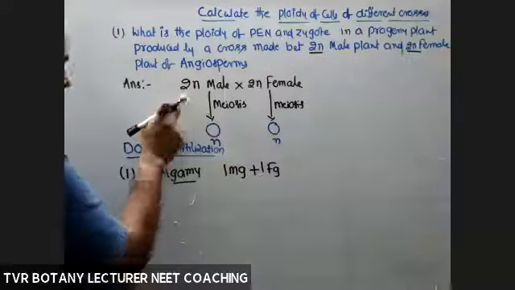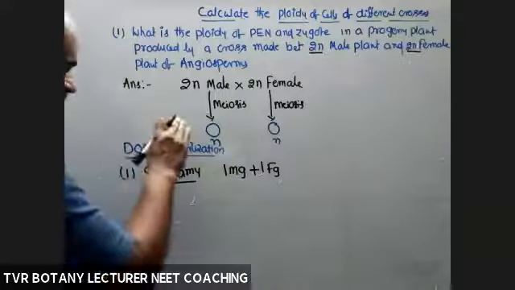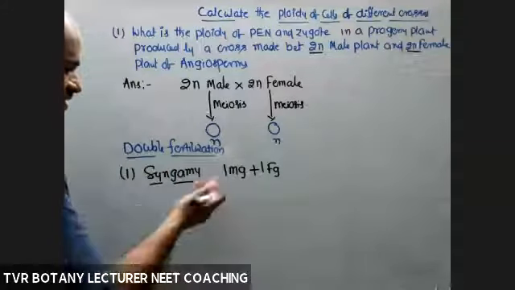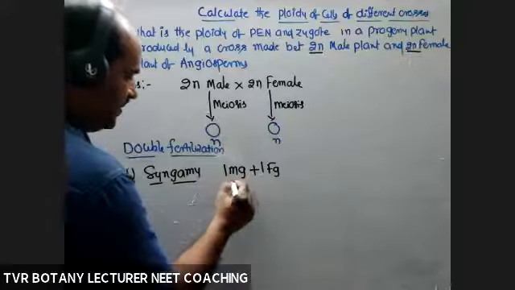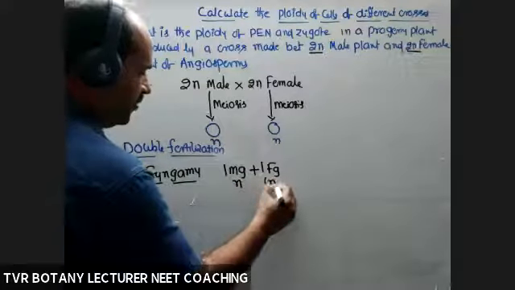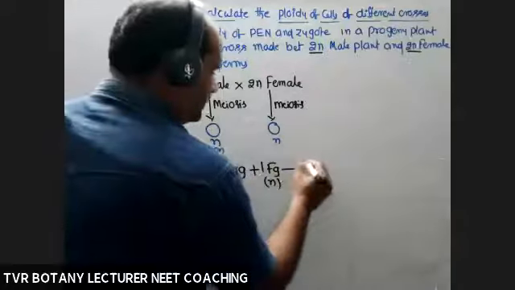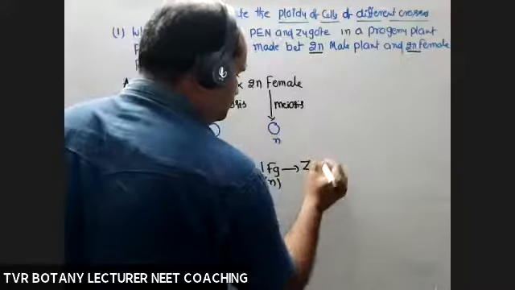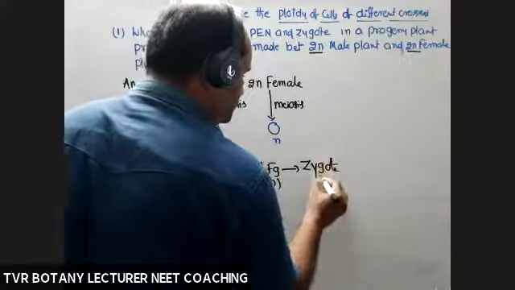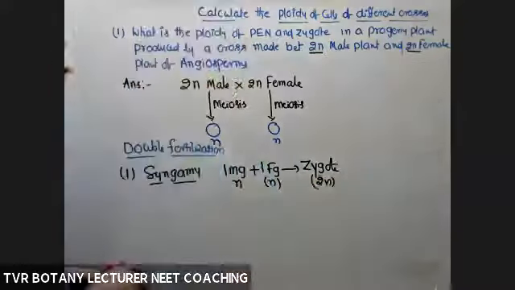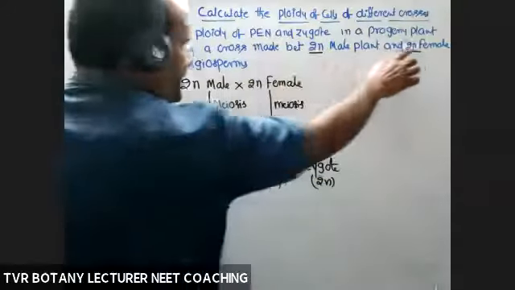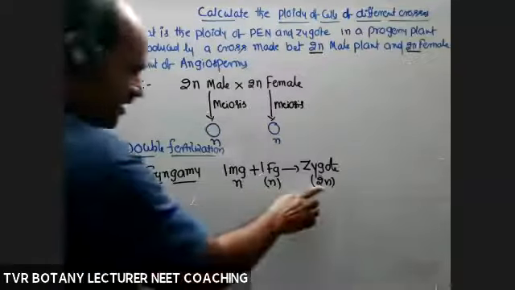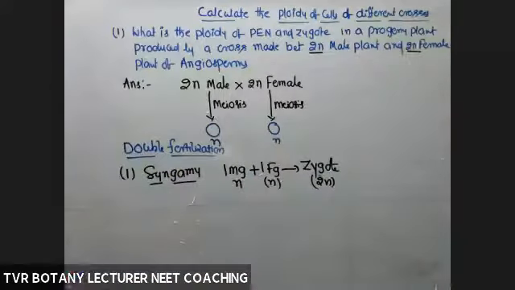After meiosis, pollen grains and megaspores are produced. They develop into male and female gametophytes, which are concerned with formation of male and female gametes. Then what is the ploidy of the male and female gametes? Haploid, haploid. So the product is a zygote. This is a basic sum. Zygote, diploid. So if male and female are in diploid condition, definitely the ploidy of zygote is diploid, 2n only.